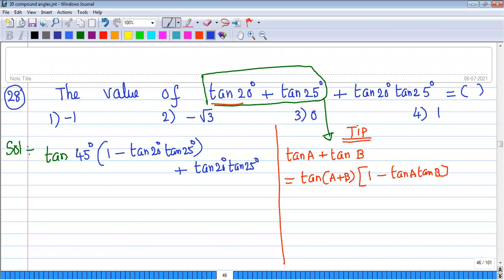We know that tan 45 is equal to 1. Am I correct? Yes, sir. So this is equal to 1 minus tan 20 tan 25 plus